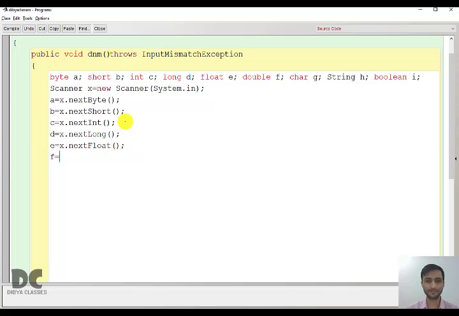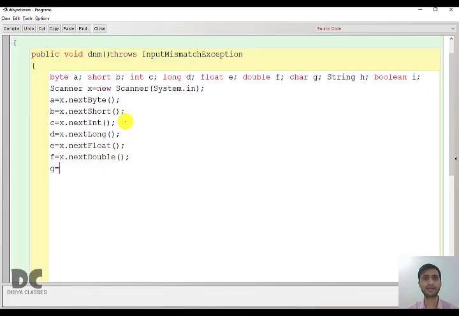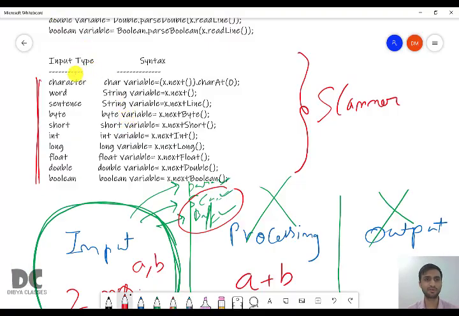Then f, it is a double value. Then g, it is a char value. For char, it is a little bit different. Don't write x dot nextChar. Go to char.